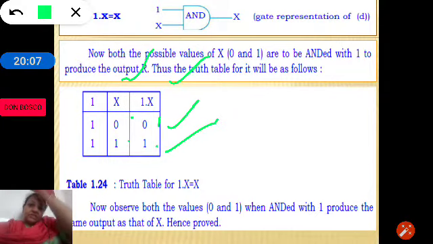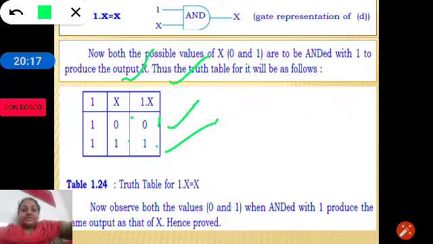Therefore, this theorem, that is 1 ANDed with x is equal to x, has been proved. As there is one fixed value, that is 1, if we AND 0, we will get 0. If we AND 1, we will get 1. Therefore, whatever the value of x may be, the output is always the same as the value of the variable.